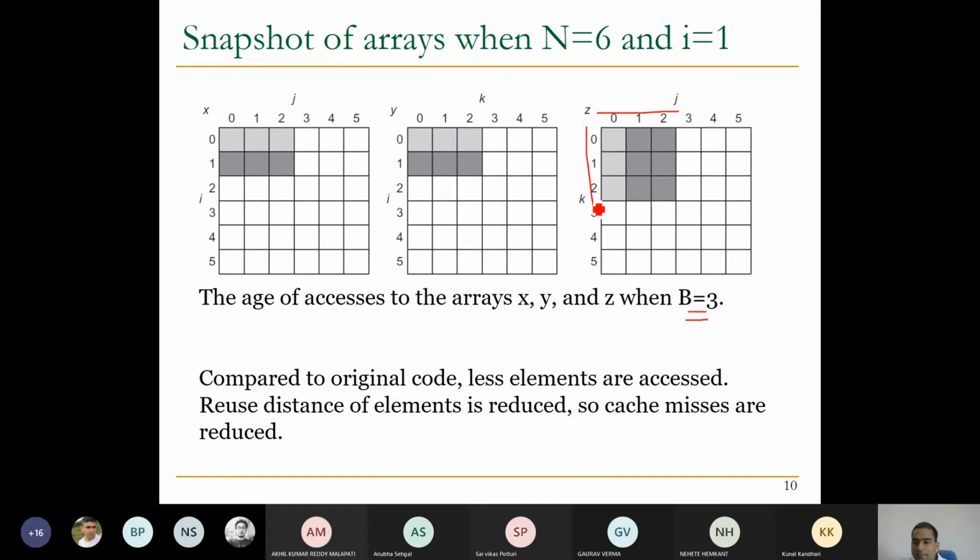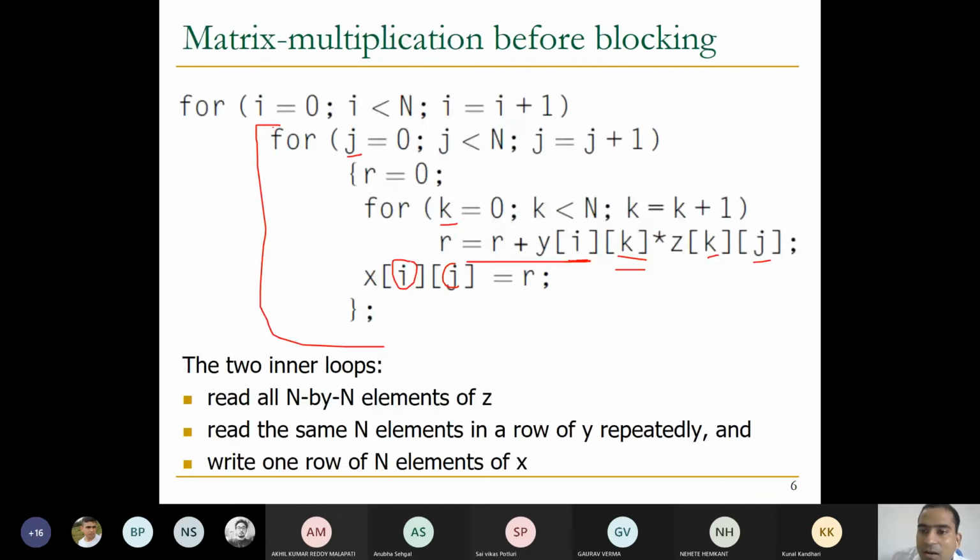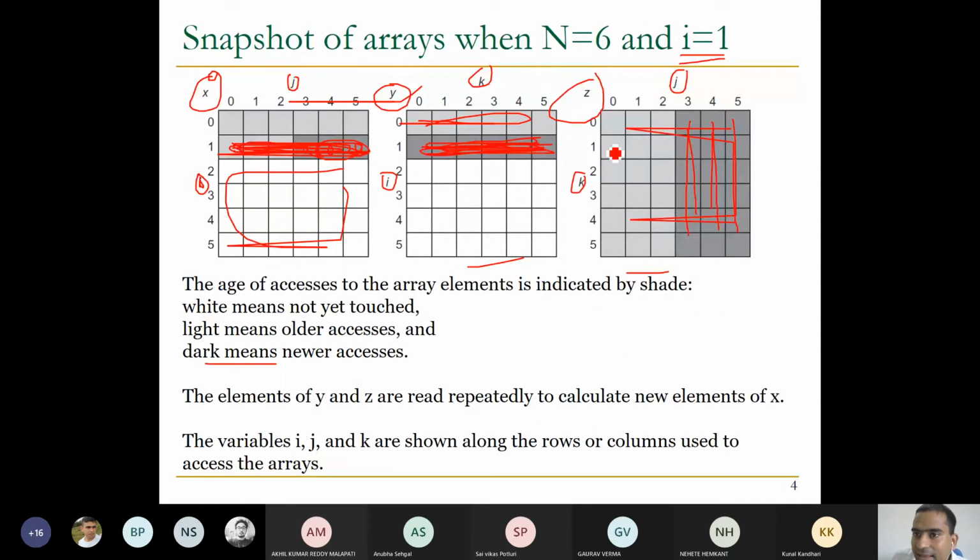Okay, so compared to the original code, fewer elements are accessed because each time we are working on a small submatrix. Now the reuse distance of elements is reduced, so cache misses are reduced. Reuse distance just means after how much time I reuse the same element. Previously I reused after a lot of distance. Like here,